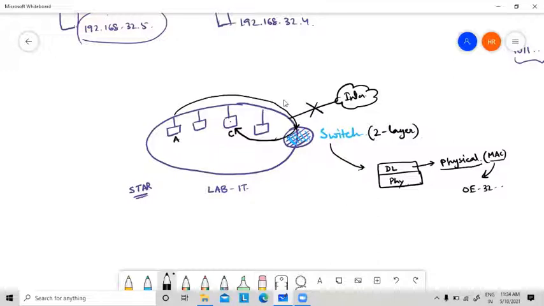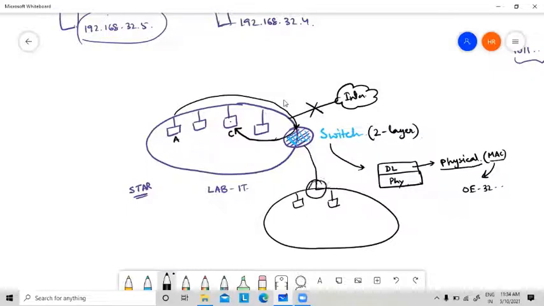But now if this is connected with another network, in that particular network there must be different devices and one intermediate device. Logic clear? Now, if you want to send data from A to X, which belongs to a different network, then you have to cross the border.